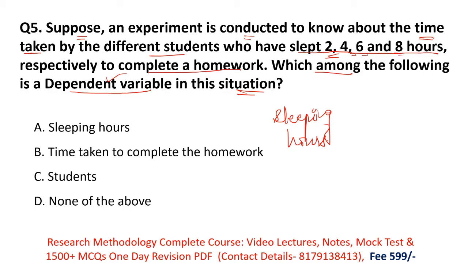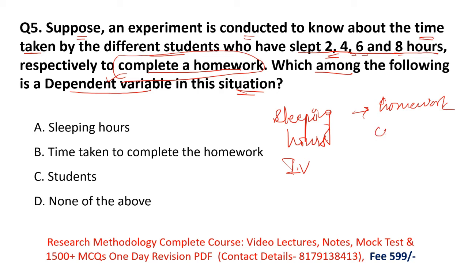Some students slept for 2, some for 4, 6 and 8 hours. So here sleeping hours is the independent variable. And they are performing the experiment to see how the students complete their homework. So here homework completion